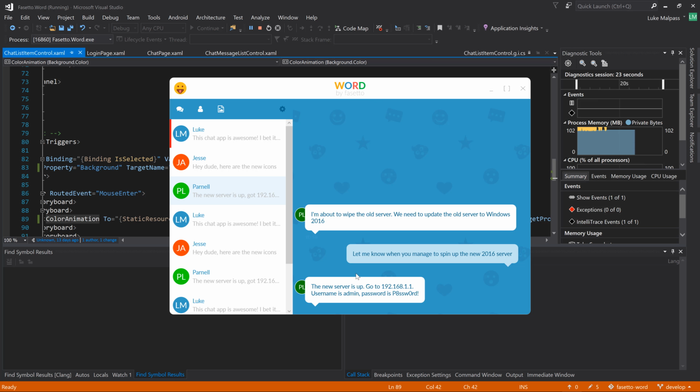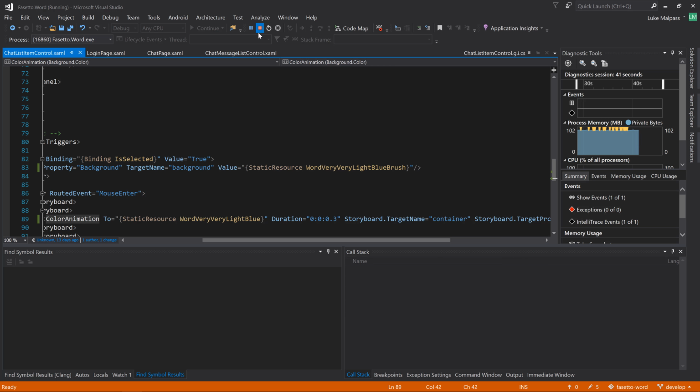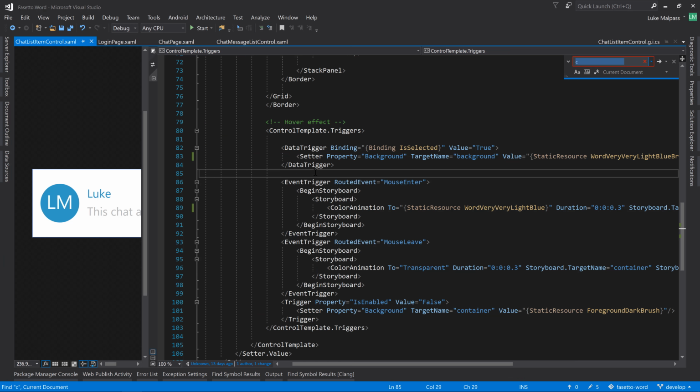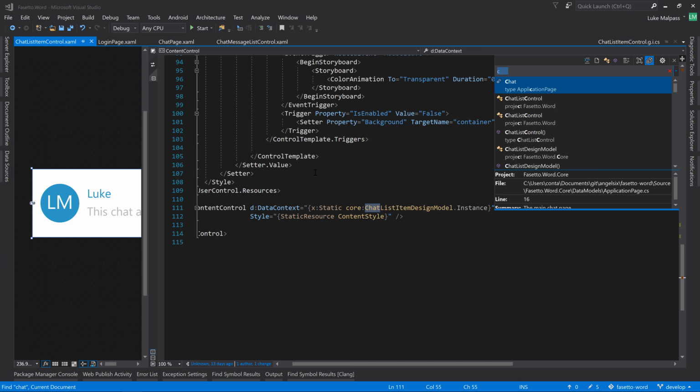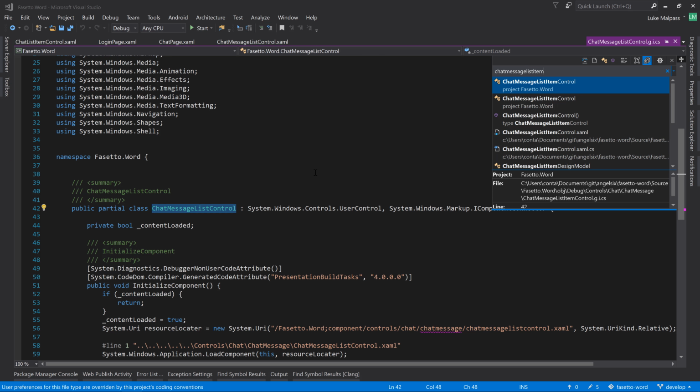Then I'd say another issue I noticed was, see how we've right aligned the times here, or left aligned rather, but then on the messages we received they're still left aligned. I think that doesn't look right, being under this arrow, so we're going to right align that time, which is just the stack panel. So that'll be in the chat message list item control, again in the XAML,